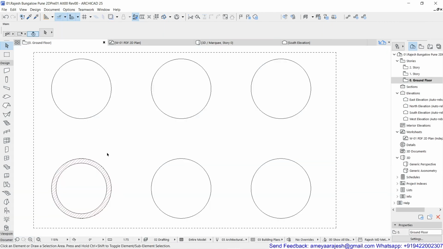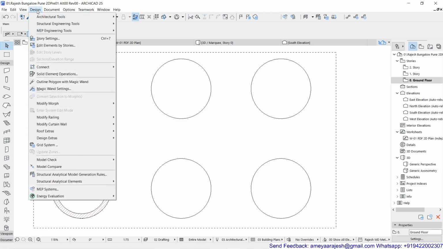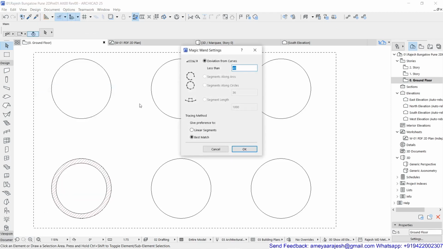So what was the next option I was trying to talk about is if I go inside this magic wand settings now. Now remember, the magic wand settings you are going to change over here will always be acceptable for the next option or the next command which you may be running with the help of magic wand, not for the earlier one which you have already constructed, because that's supposed to be the already constructed element. It's a past. Okay, so this is always for the next upcoming thing.